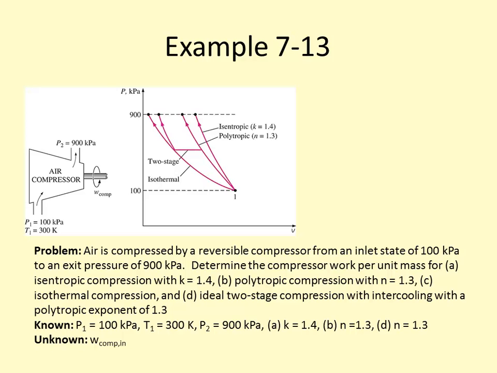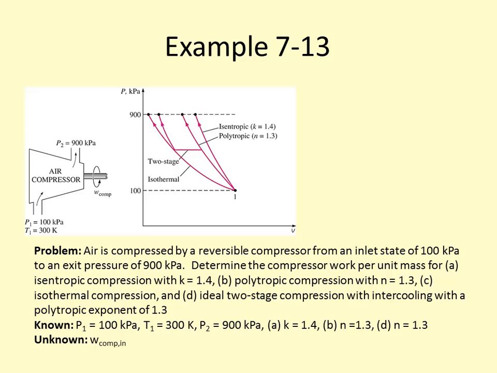So that's 0.2870 kilojoules per kilogram Kelvin times 300 Kelvin, natural log of 900 divided by 100 kilopascals. And that's equal to